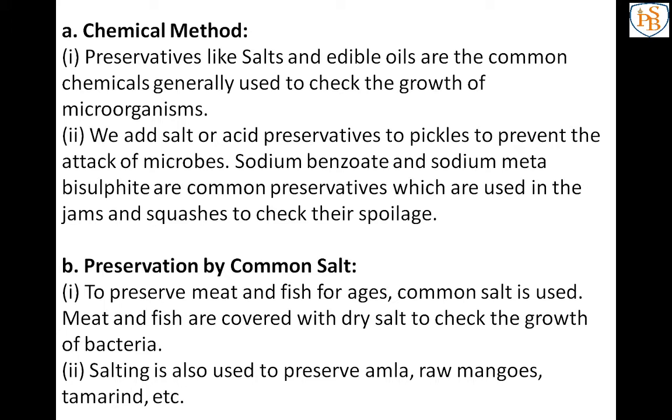Whenever food spoils, meaning there is food poisoning or spoilage of the food, this is a chemical reaction. Something is secreted by the bacteria, and a chemical is produced inside the food that will be poisonous. So the spoilage of food is a chemical reaction, and we have to stop that reaction by using a preservative. The first preservation method is using common salt, and that process is known as salting.